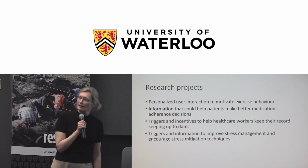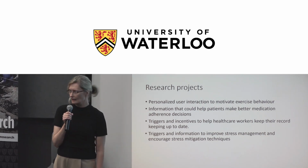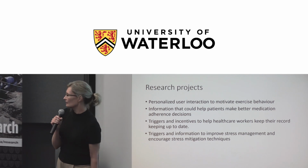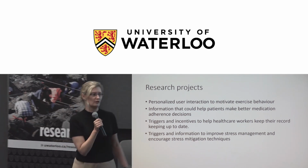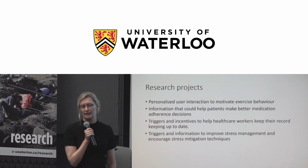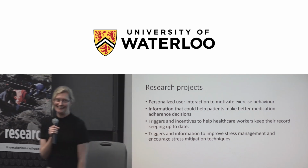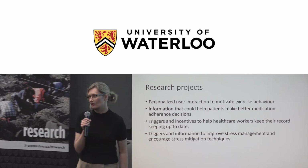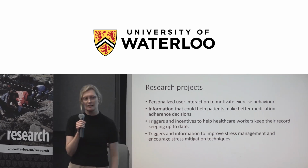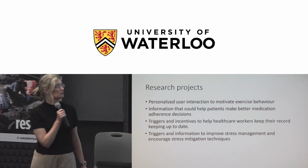We've been looking at how to get healthcare workers to keep their data up to date. Data is one of the biggest things in healthcare these days, but the quality of those data records can be extremely poor. Why? Because entering that data is not really a very fun thing to do. Who wants to sit around entering data? So that's another project we've been working on, how do we encourage healthcare people to enter their data in a timely and accurate manner, a job they may not want to do,